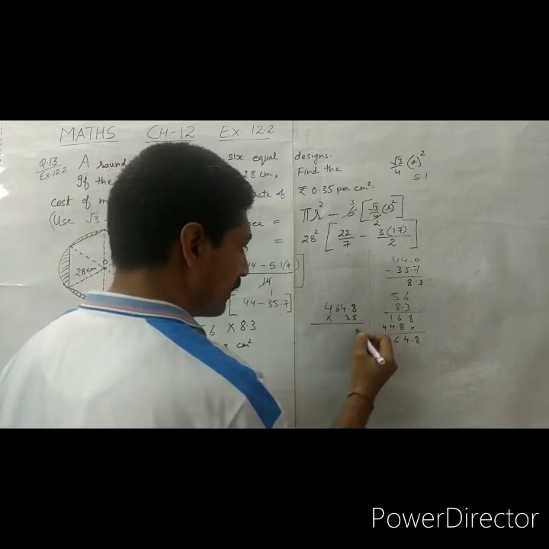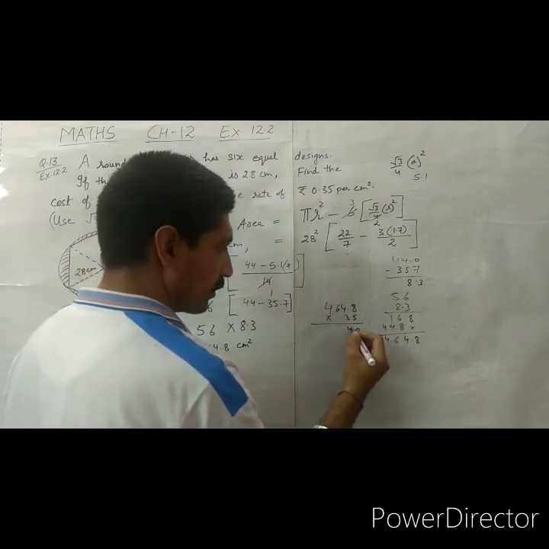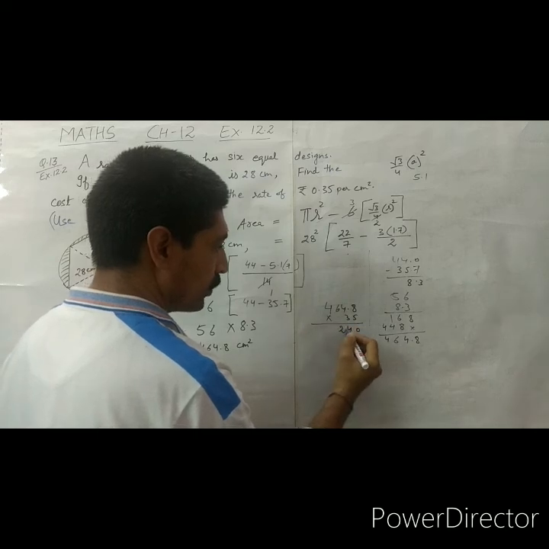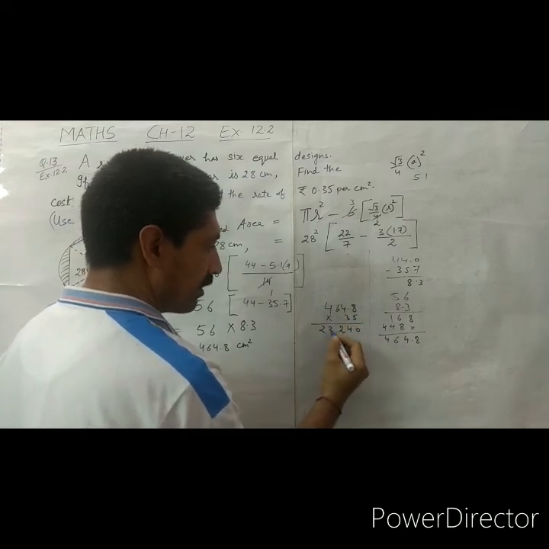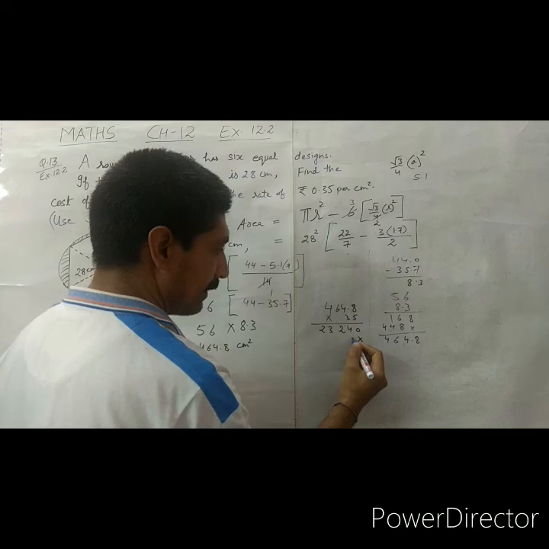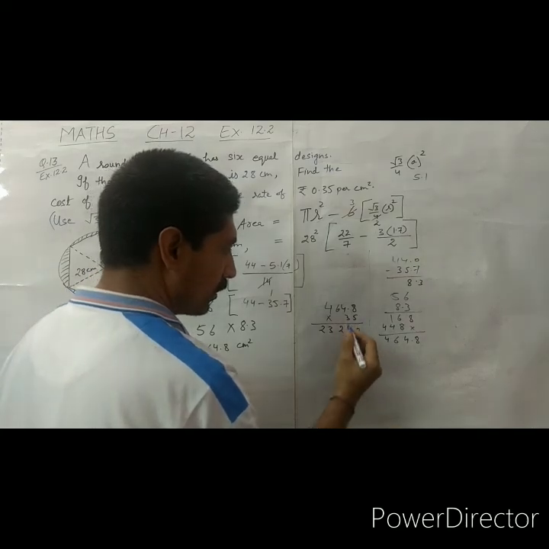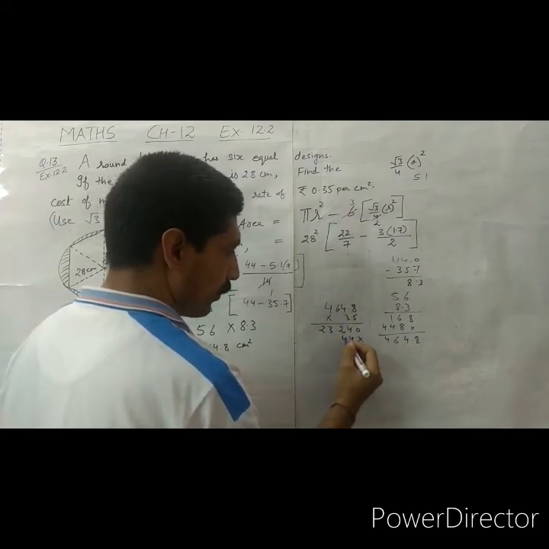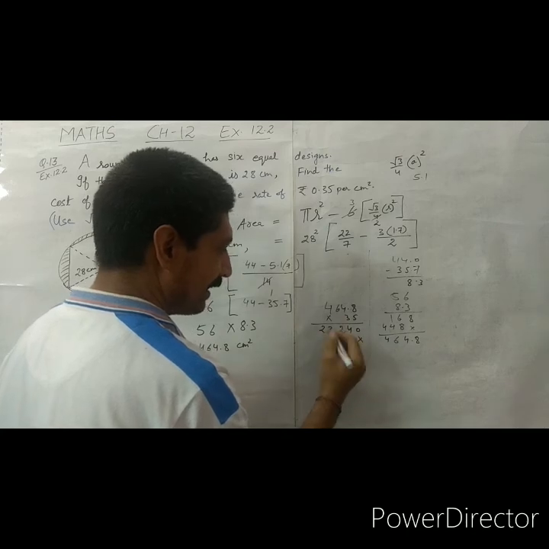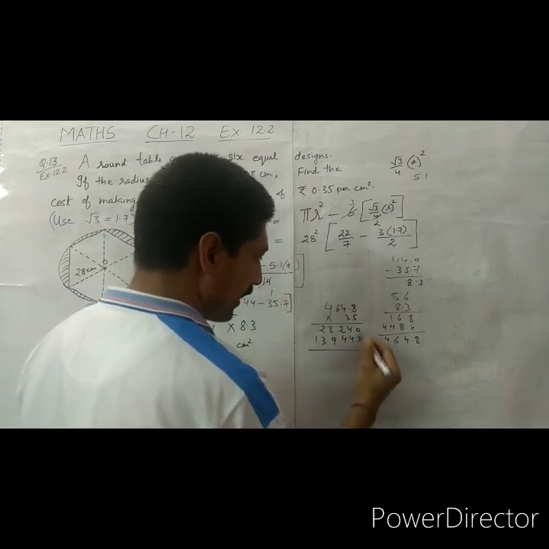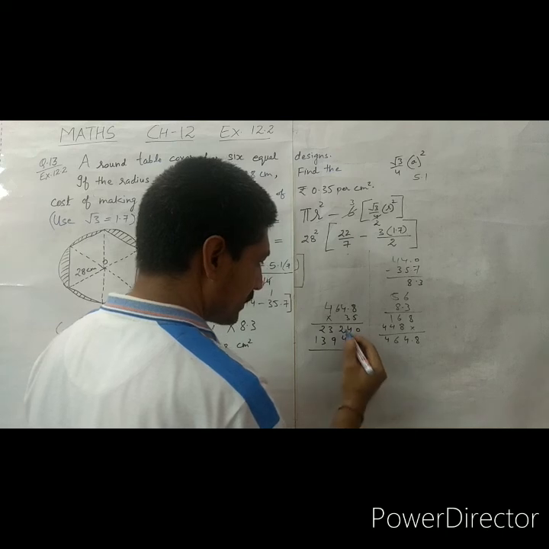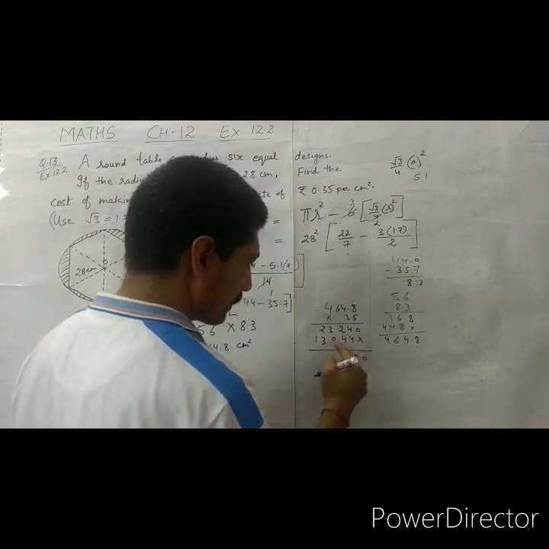Here we have 40, 24, 32, 23 and 24, 14, 19, 13. So we have 8, 6,